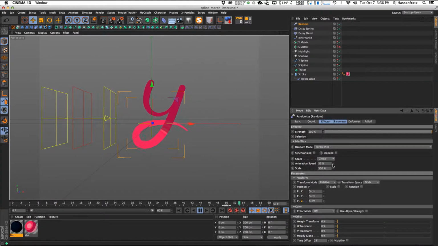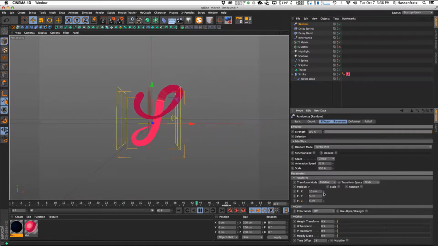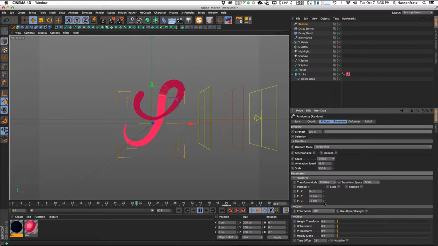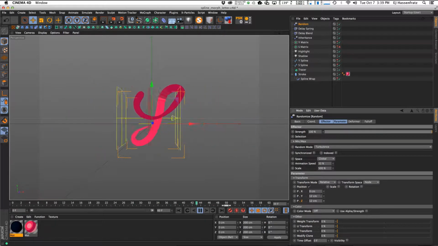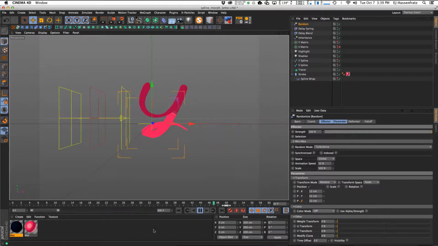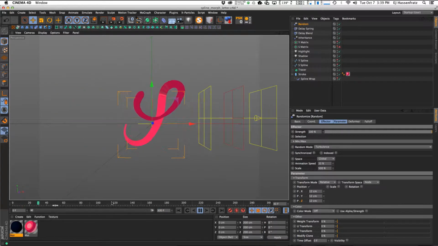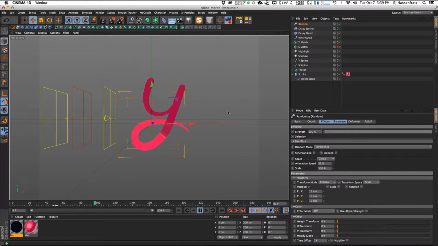Let's bring the animation speed down, and we can even adjust the Y and Z points here. And then bring the speed down even more, maybe. So you can really experiment with just adding some noise to your object as well, and getting the kind of undulating movement that you want. So let's make this a little bit longer so you can see we have this nice random undulation going on,